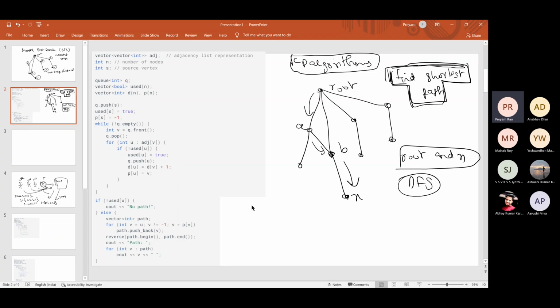So let's say distance is an array which stores the shortest path. So let's say distance of X is the shortest path between root and X, right? So let's just say there's an array which works like this. So shortest path between root and A would be 1, right? If we go through a DFS call, shortest path between root and B would be 2,